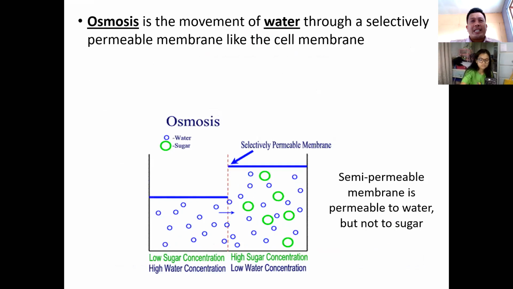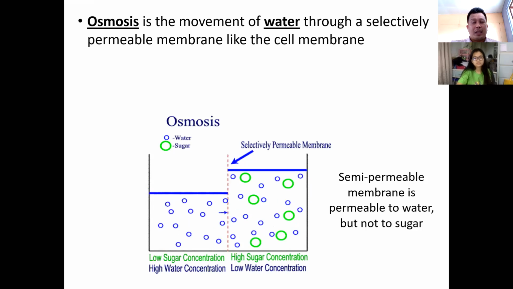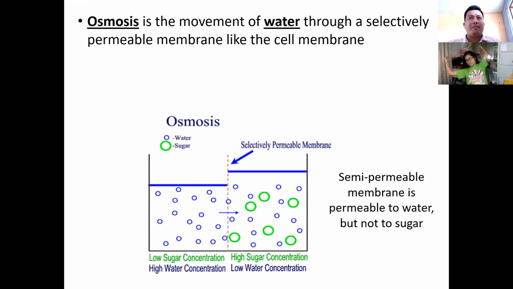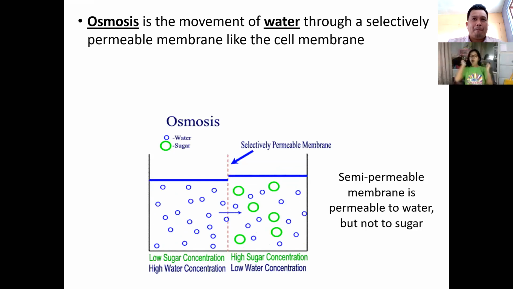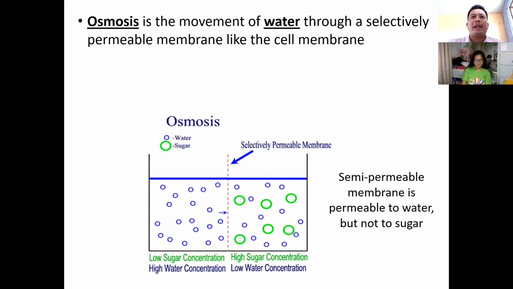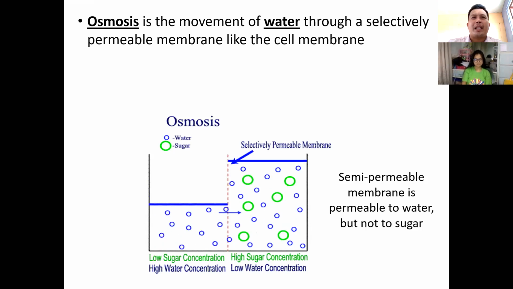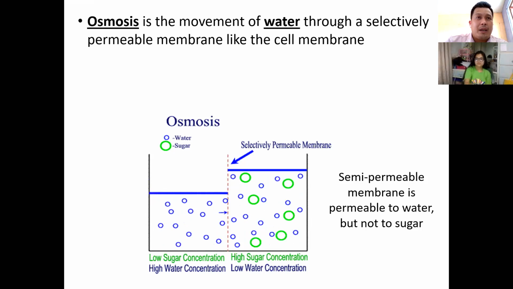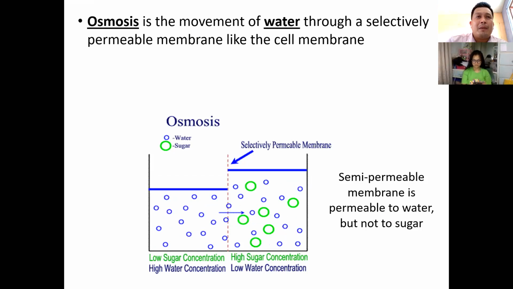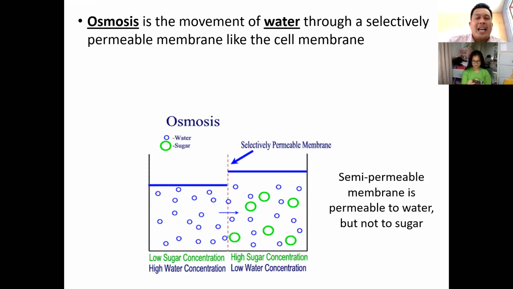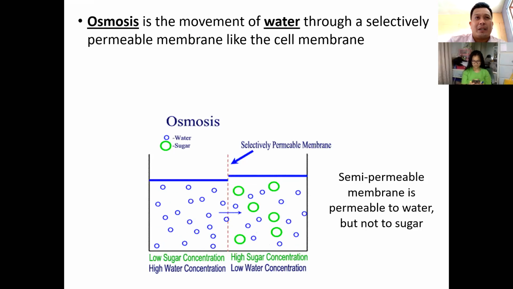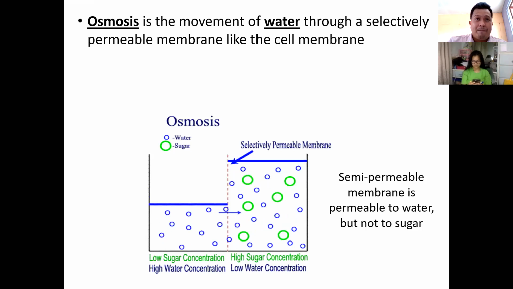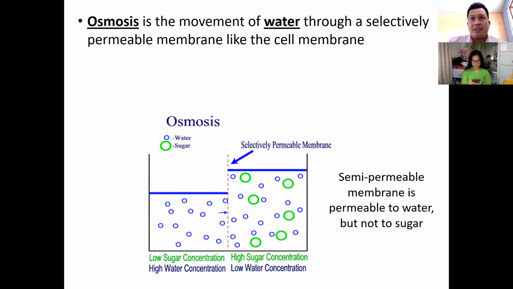Osmosis, on the other hand, is a specific diffusion of water molecules. Again, osmosis is a specific diffusion of water molecules. Water molecules pass through a selectively permeable membrane like the cell membrane, and these water molecules simply float freely through the membrane. Notice the structure, class. The green ones are sugar molecules, and the blue ones are the water molecules. The selectively permeable membrane allows water molecules to pass through, but not sugar molecules. Why is that so? It is because of the minute structure of the water molecule that the cell membrane allows it to do so.